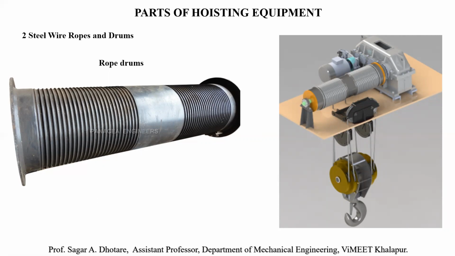The rope drum is selected from the ratio that the diameter of the sheave, capital D, is greater than 10 times the diameter of the